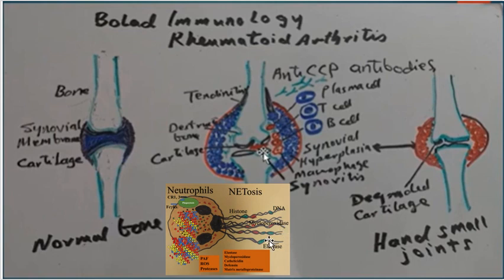So when they phagocytose these materials, it is not done completely. So remnants of, for example, DNA, histones, and myeloperoxidase or proteinase 3 will stay here in the joint and will